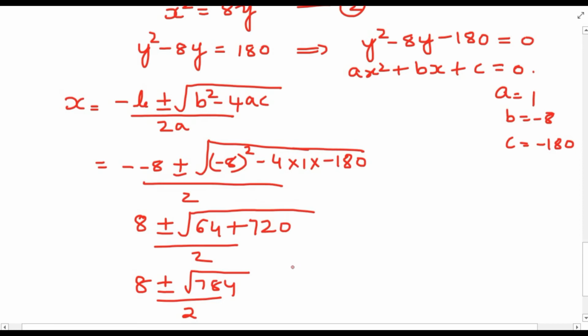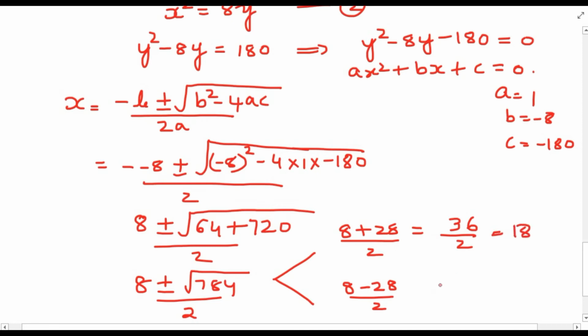So we can split this into 2, that is 8 plus 28 divided by 2, and 8 minus 28 divided by 2. 8 plus 28 is 36, divided by 2 is 18, and this is minus 20 divided by 2